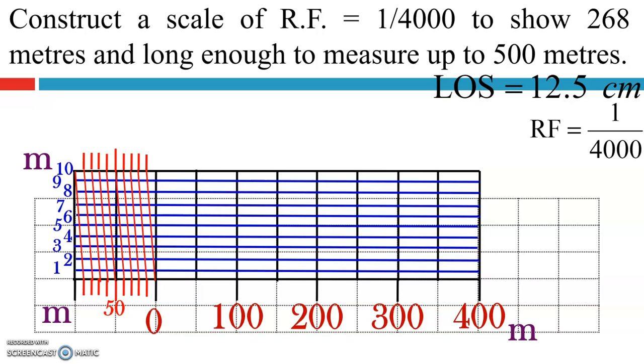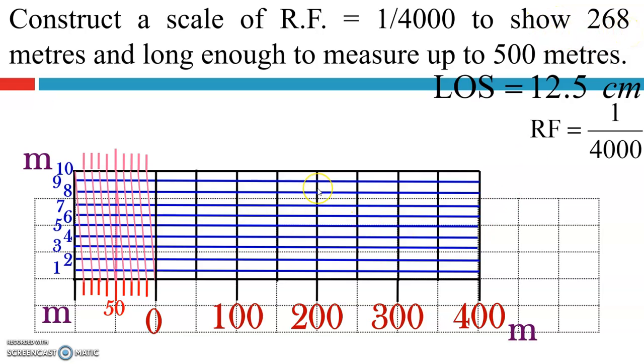So we have constructed the diagonal scale, which shows meters on the right hand side, that is 100, 200, 300, 400 meter, 10 meters on the left hand side, that is 10, 20, 30, 40, 50, 60, 80 meters, and on the top, that is on the vertical height, it shows each meter, that is 1 meter, 2 meter, 3 meter, 4 meter, 5 meter, like that. So this is the diagonal scale which represents meters on the left hand side, right hand side, and at the top. Now what dimension do we have to indicate? We have to show 268 meters.